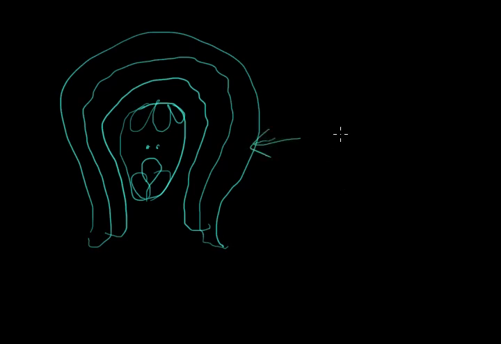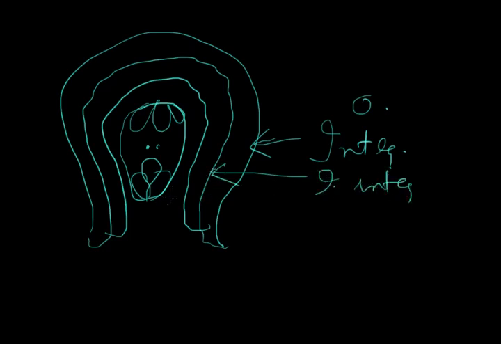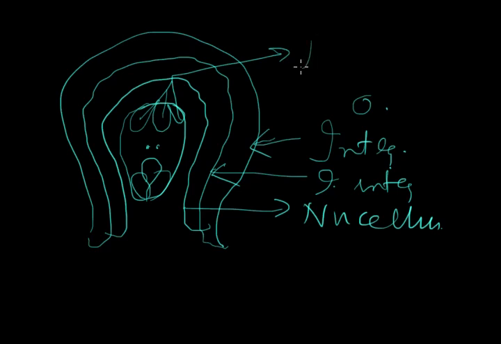This is integument, rather outer integument. This is inner integument. This is nucellus. Actually, whenever we are explaining 7-cell stage, 1, 2, 3, these 3 are the